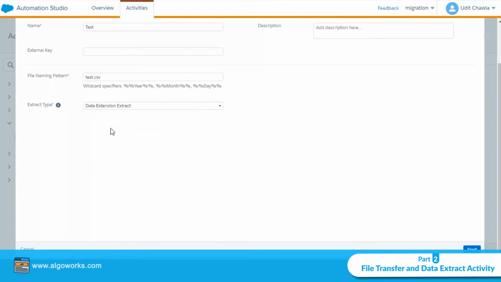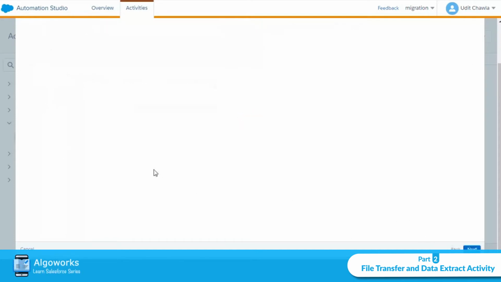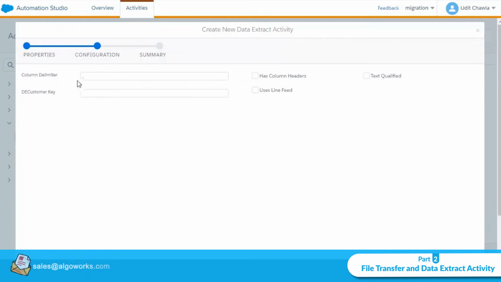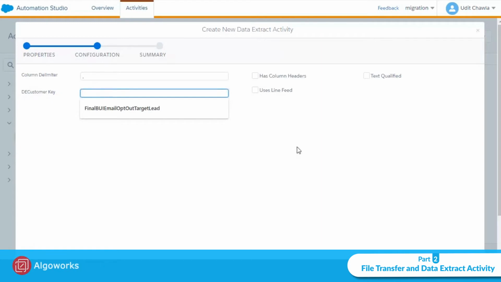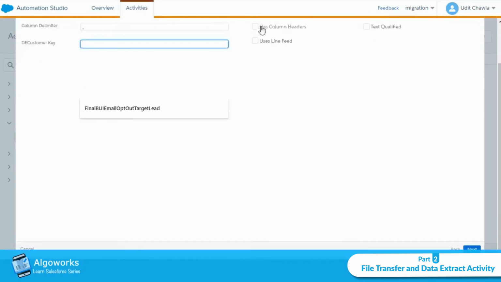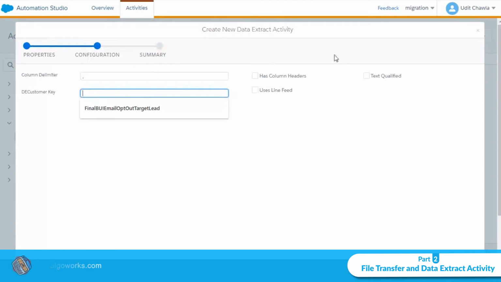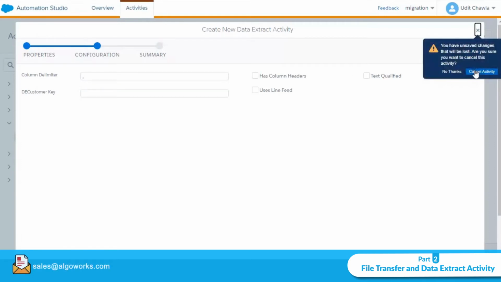So if I want to extract any data extension, here I need to provide the external key of the data extension which I want to extract to the FTP export section. By providing the name over here and just selecting it, if any of this is a requirement, we just need to select, then next, then the summary page will appear, and then we just need to save or finish to save this activity, and then we can use the activity in our automation.